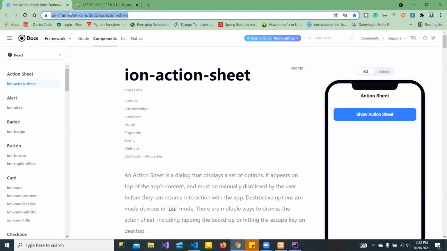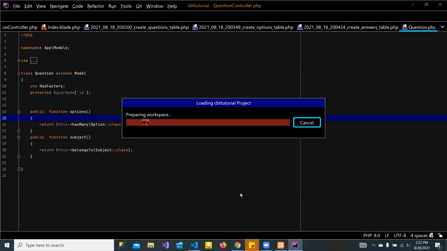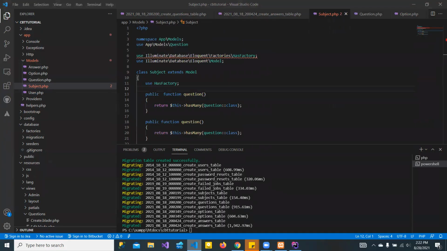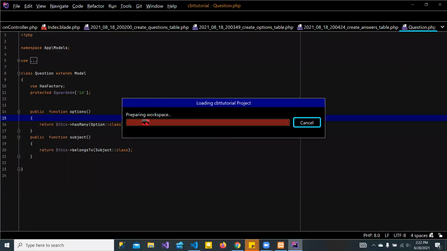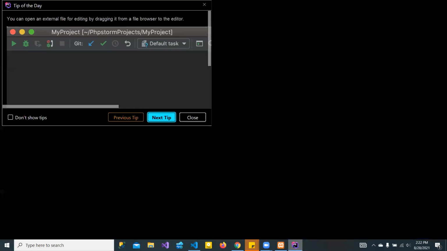So we want to quickly check our application and see if it will run or not. So we also have, okay, this is, for me, for PHP, I prefer PhpStorm. So now for this, we are going to be having